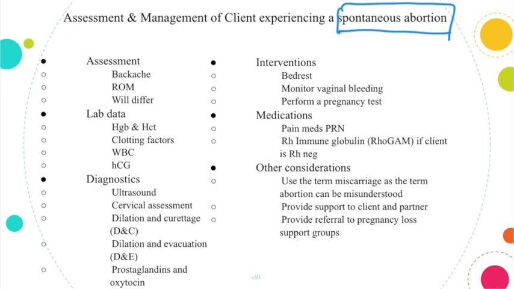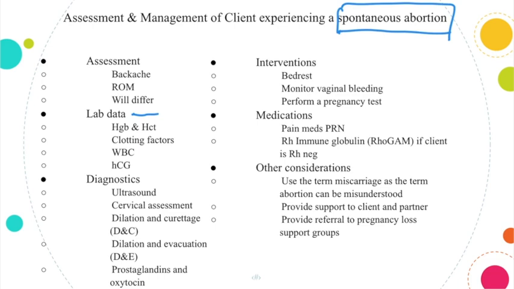So their complaint is going to be a backache, usually a dull backache, again, depending on gestational age, okay? They may or may not have ruptured. And again, I wrote will differ because it depends on the gestational age of the patient and what kind of spontaneous abortion they're having. So when they come into the ER or the doctor's office with these complaints,